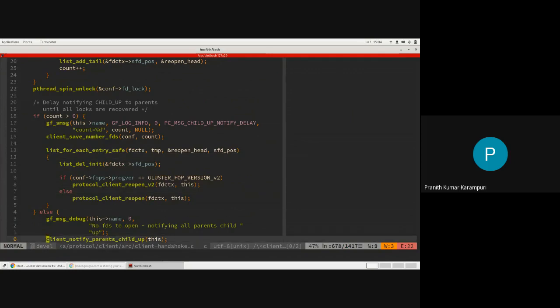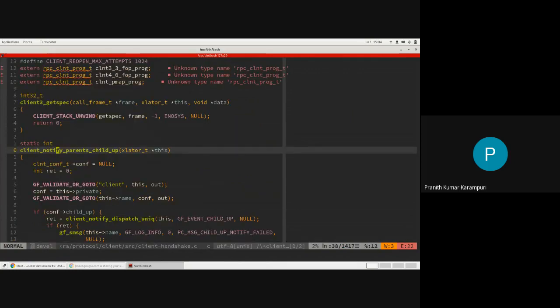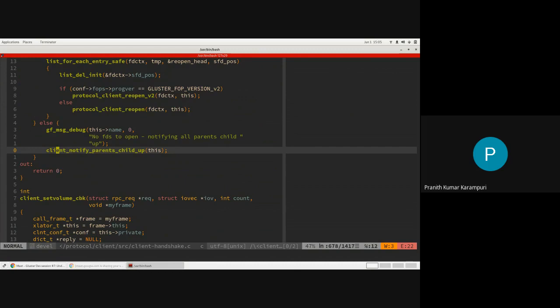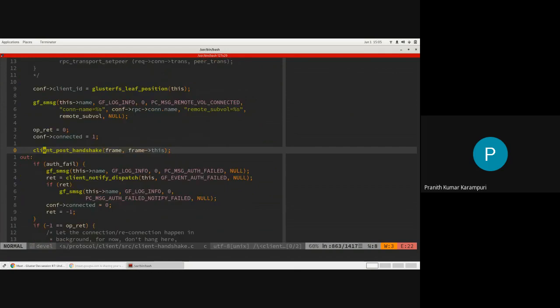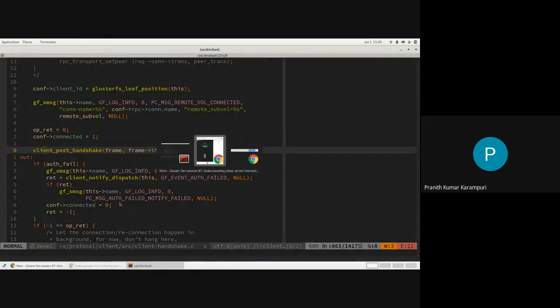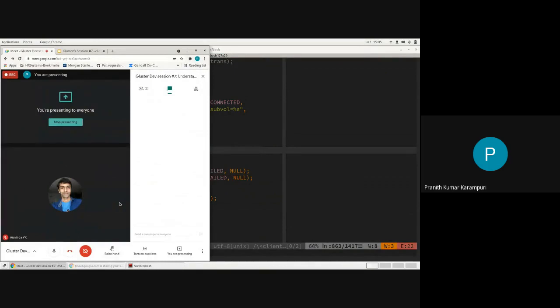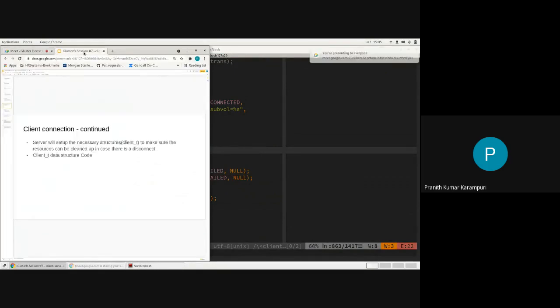But essentially, it will eventually do a child up to the parent translator, and depending on the kind of volume we have and quorum, this child up propagates to the fuse translator, and now you can start doing your operations. So that's what happens in the connection phase.